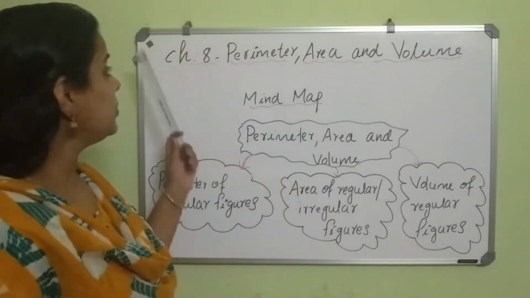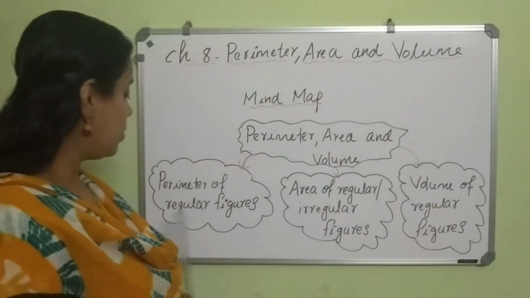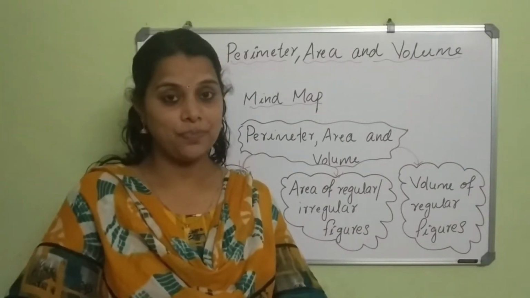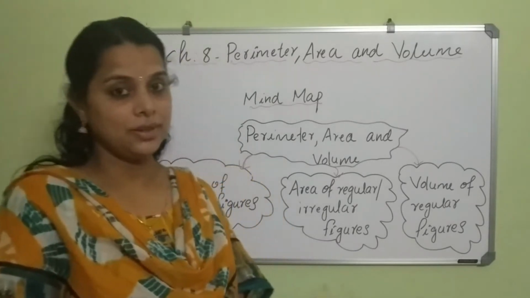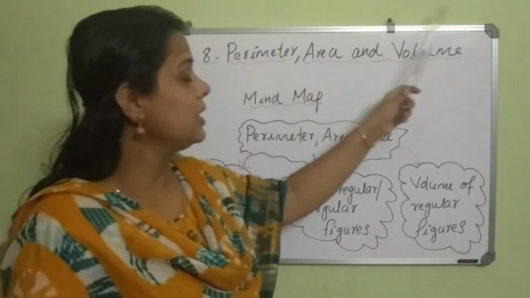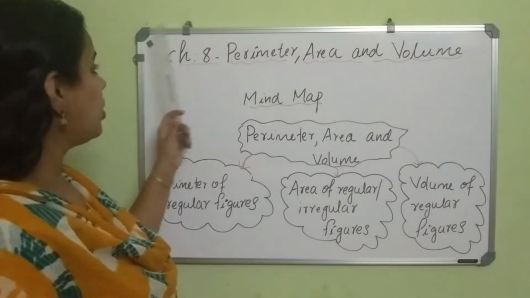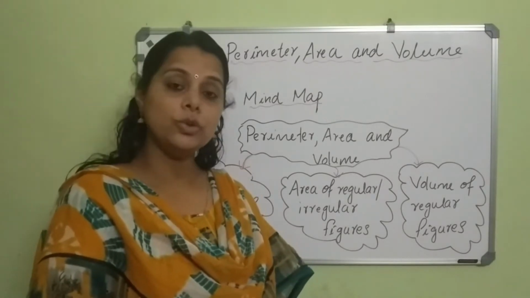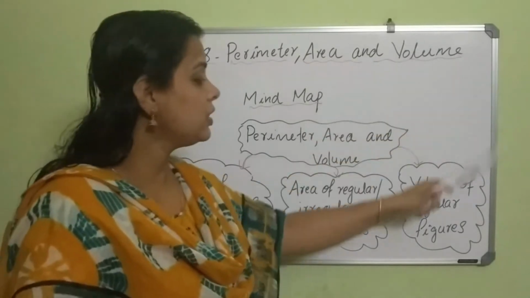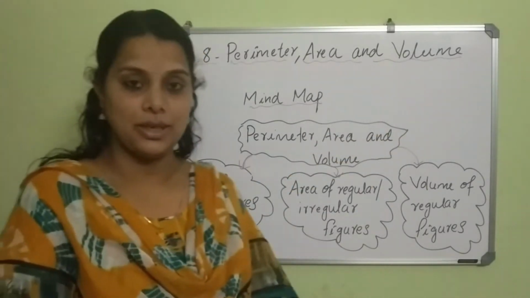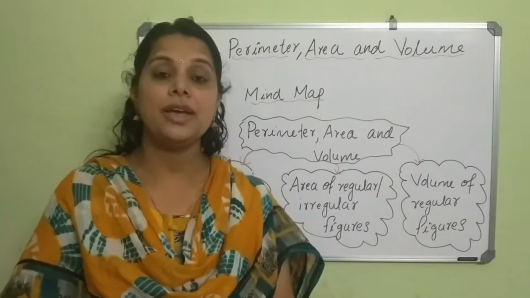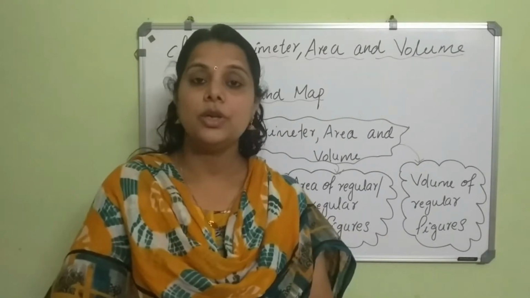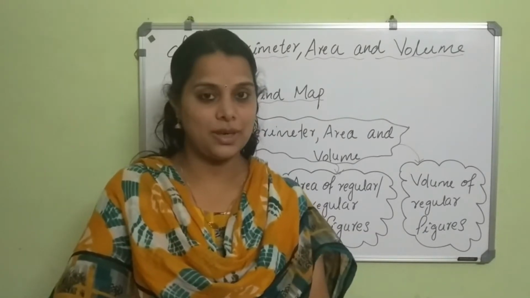Suppose I need to decorate this border of this board with a ribbon. How much length of the ribbon do I need to buy? What do I need to find for that? I need to find the sum of the length of the border of this board. Right? That is perimeter. How to find perimeter? The sum of the length of this outer part, that is perimeter. In the same way, you can find perimeter of the things in your home like the surface of the table, your room's door, your textbook, etc.